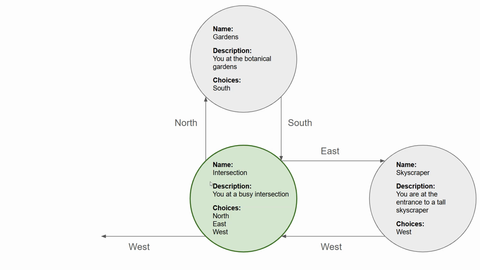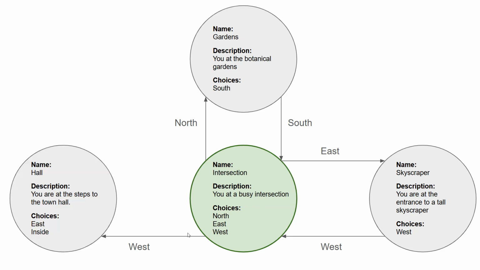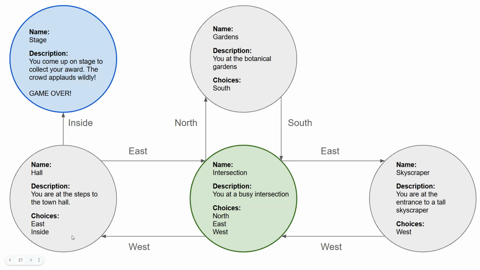And so finally, back at the intersection, the last choice we need to follow here is the west. So here it's saying you're at the steps to the town hall, and you can either go east or inside. So here we've got 2 choices in this 4th location. So the east choice is just going to go back to the intersection, but if you go inside, so if the user clicks on the inside button, that's going to go to the final location here,